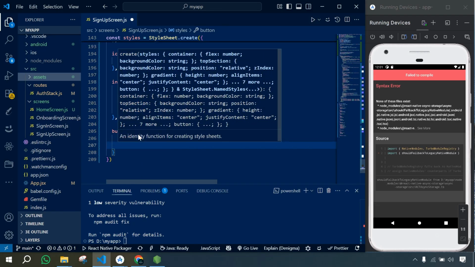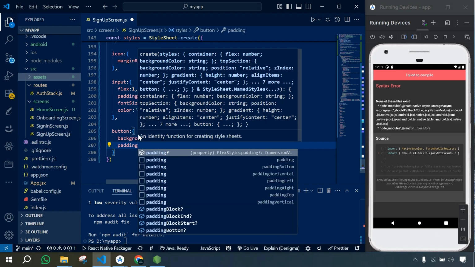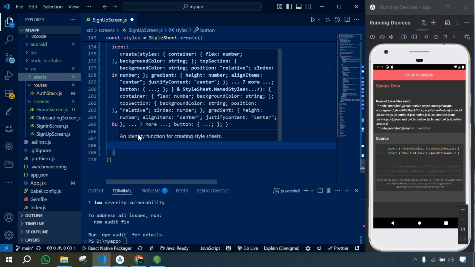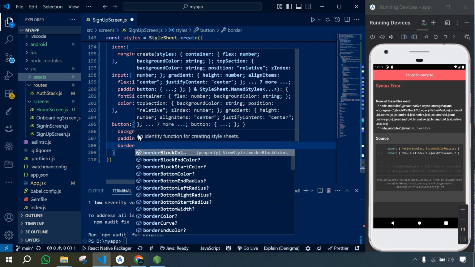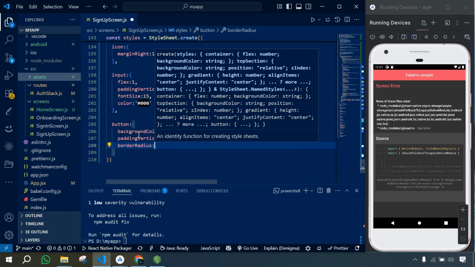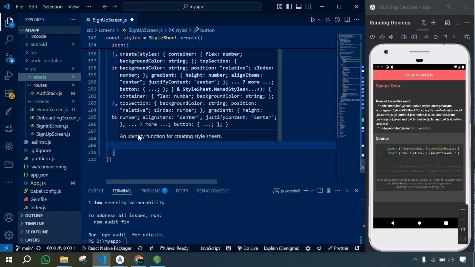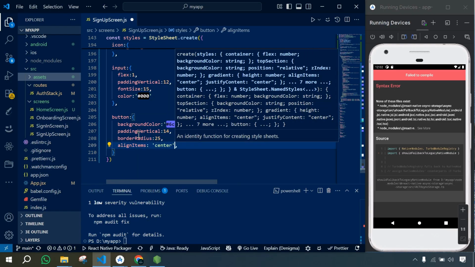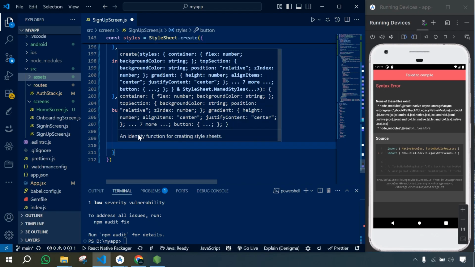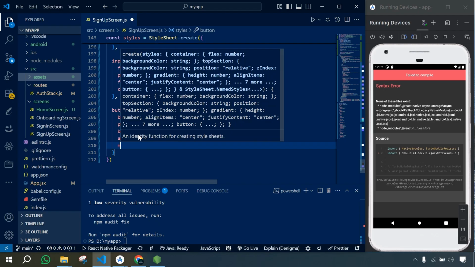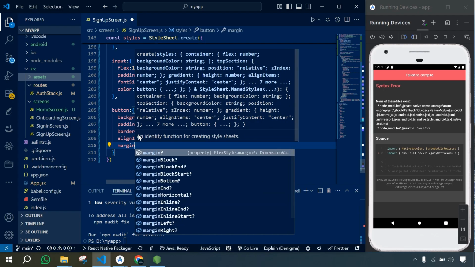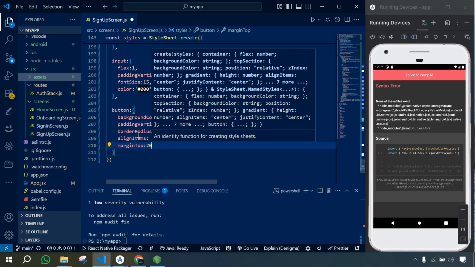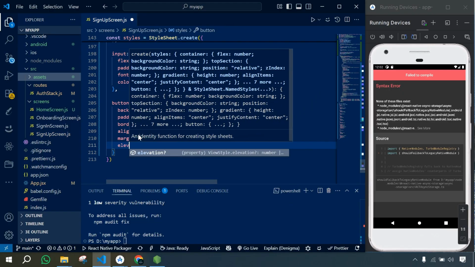After that padding vertical will be 14, border radius will be 25, align items will be center, and then margin top will be 20, elevation is 4,